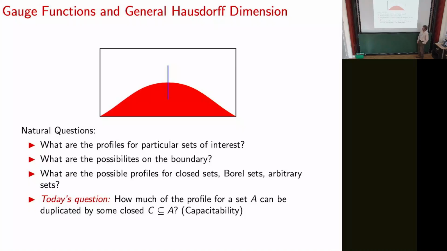Or there's an interesting part here, right? The boundary. Well, what can happen in the transition? What are the possibilities? How about simple sets? What are the possible profiles of simple sets, or Borel sets, or even of arbitrary sets? And then the question that I posed at the beginning is how much of the profile of a set is duplicated by its